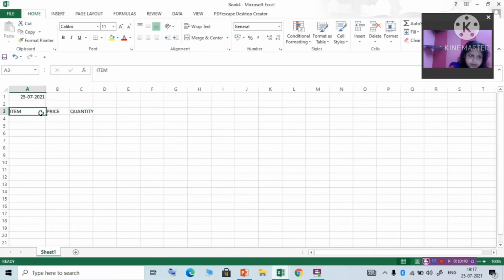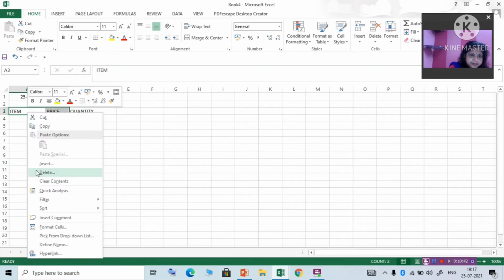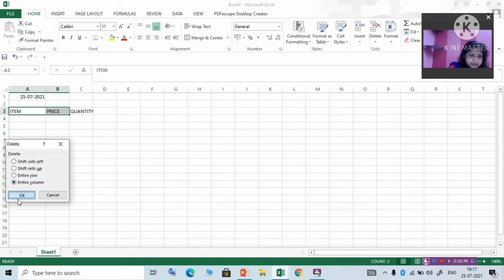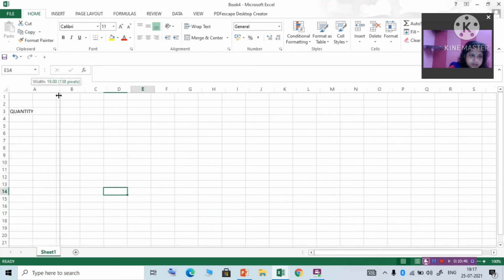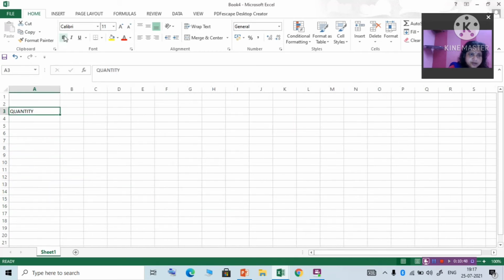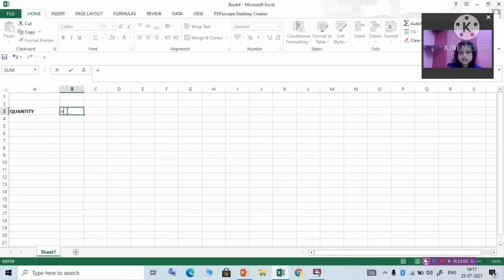Leave these two columns. What is the total quantity I have purchased? It means the data will now come from both the workbooks into the third workbook. So how to do it? Let us calculate it.